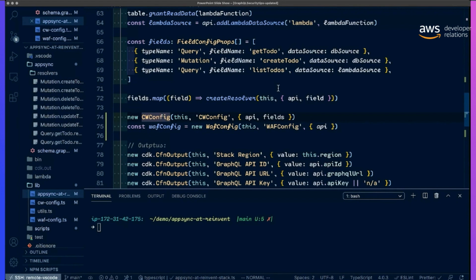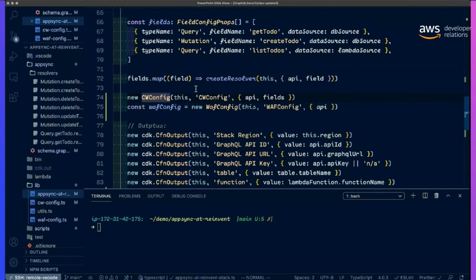The next thing I'm going to do is show you how to configure CloudWatch. I've got a CloudWatch config here that will be taking into it the API name and all the fields that I've got. This will show you how to use these fields to give you granular logging. Again, the CloudWatch config is another stack that I've created inside CDK.